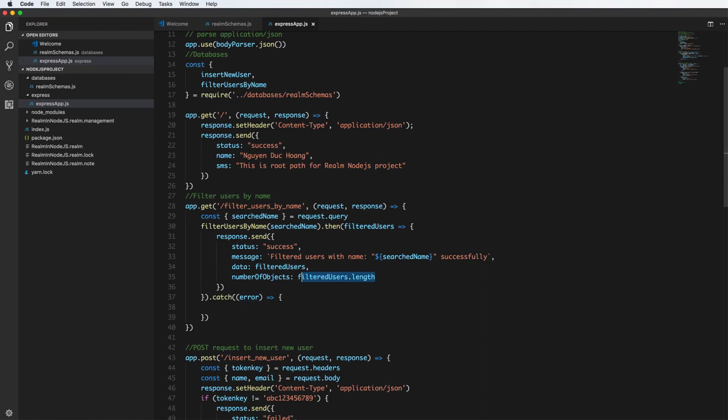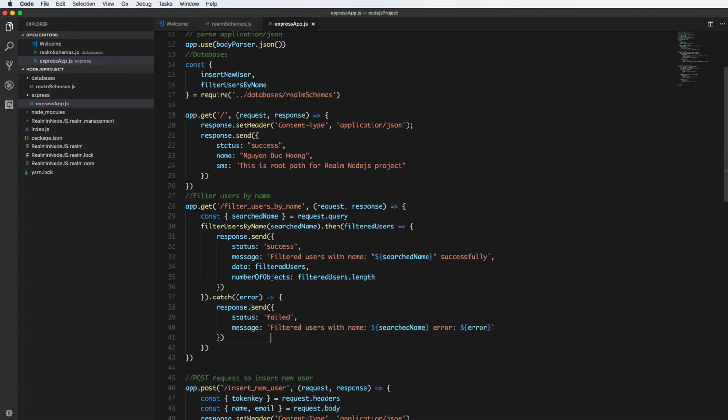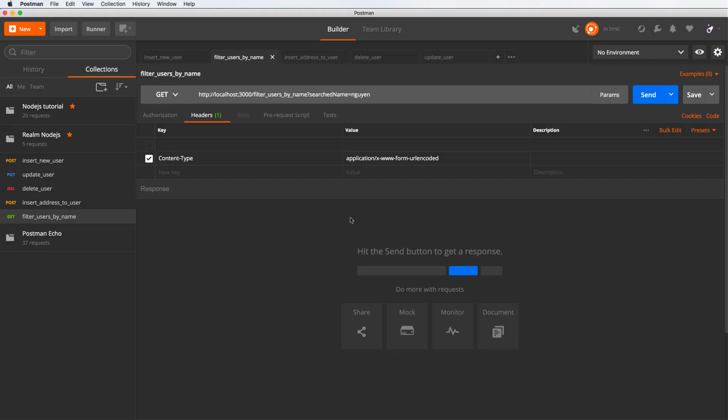So the array may be blank, and in the case of unsuccessful, you can respond to the client that we have the status for and the message here with the detail like this, with the detail parameter, detail error like this. So you can detect that specific error. So we can send